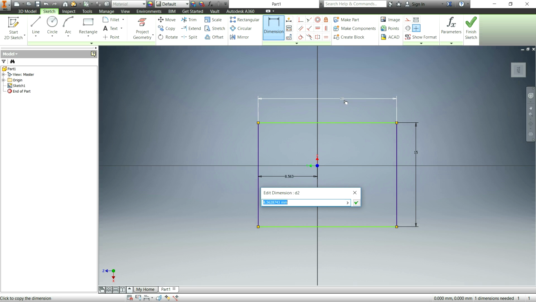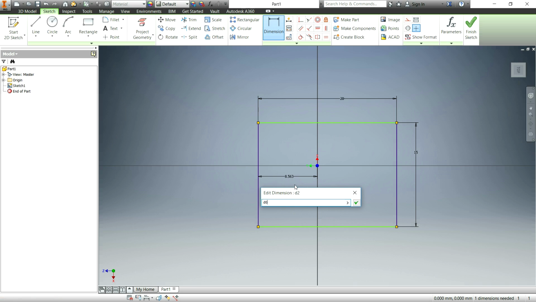is go up here and click on the 20, and that will be D0. That is what this dimension is. This D0, everything starts at 0 and then goes 0, 1, 2, 3, 4, 5, etc. And you can see this right here, which starts out as 8.563, is called D2. So if you want to reference that later, you can either click on it, or if it's on another sketch where you can't click on it, you just have to remember to type in D2. So basically, to make this centered, I want to have it be half of what the